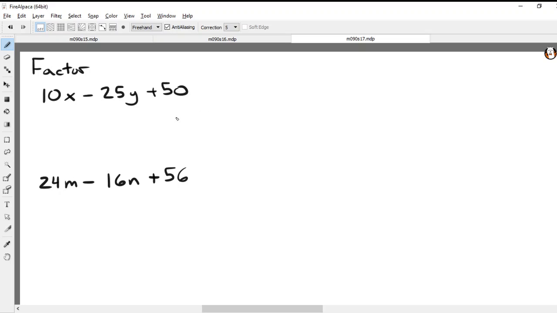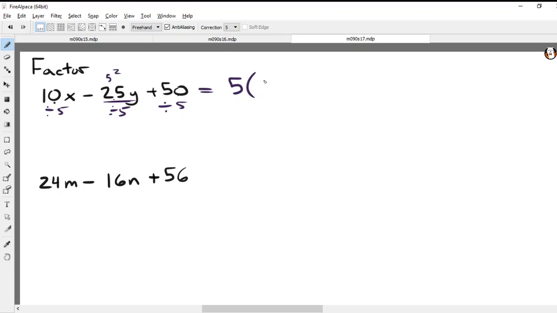Here's 2 more factorizations, and unlike our first ones, they've got 1, 2, 3 terms in them. So I've got 10, negative 25, and 50. That's our giveaway right there, 25. 25 is 5 squared, so I'm going to divide everything by 5. So it's going to be 5 times the quantity